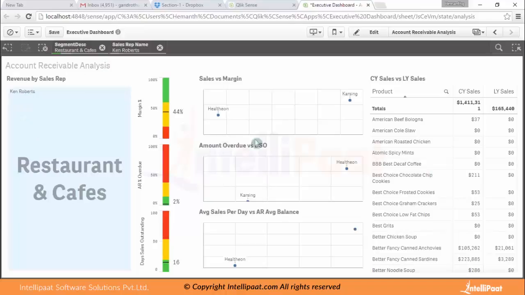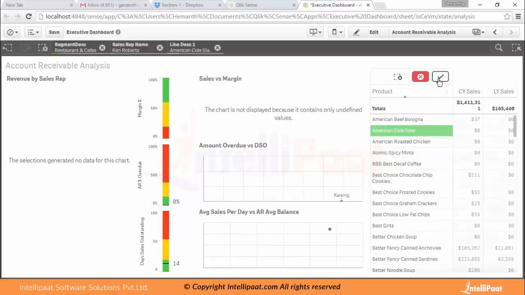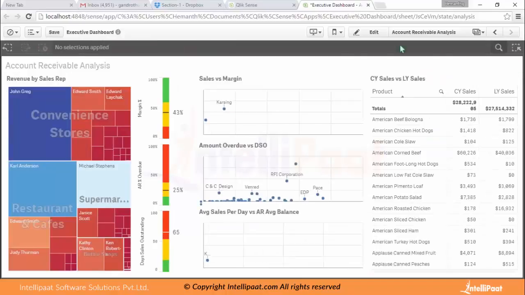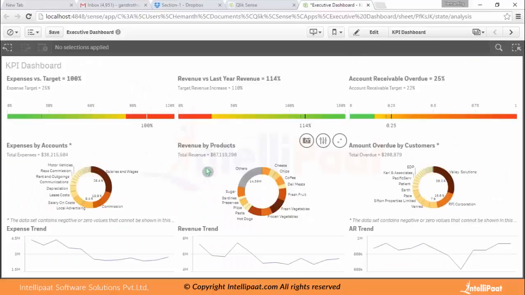When you click on sales rep, you can see how Ken Roberts is doing versus sales and sales margin. So you can also select on a particular product as well. So these are the different ways of exploration. So let's see if I wanted to create a story out of it, right? So identified that